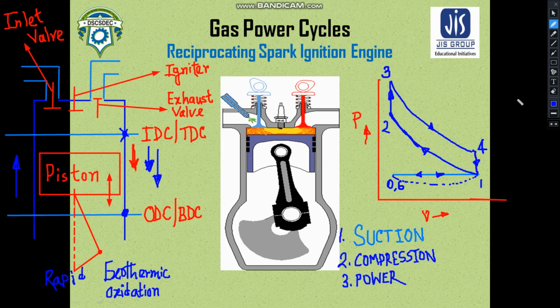Okay, so this is the diagram, this is the indicator diagram. Here you can understand the 4 fundamental processes which are involved in a reciprocating spark ignition engine. Now we shall move on to the description of the thermodynamic processes which are involved. So this is called an indicator diagram. Okay, now we will move on to the thermodynamic diagram. Okay, so before that